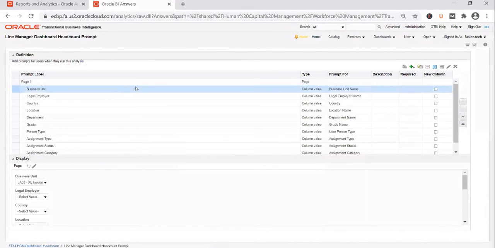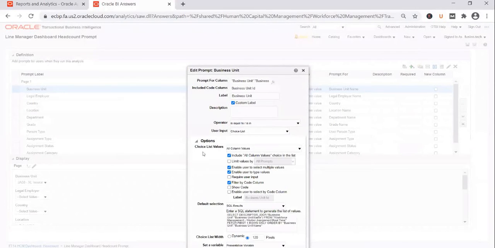And what is the ask here? We need to set construction as a default value for business unit. So select the business unit, and don't select construction here and think that you've selected it as a default value. You have to edit it. Expand the options. You see a default selection as SQL results.